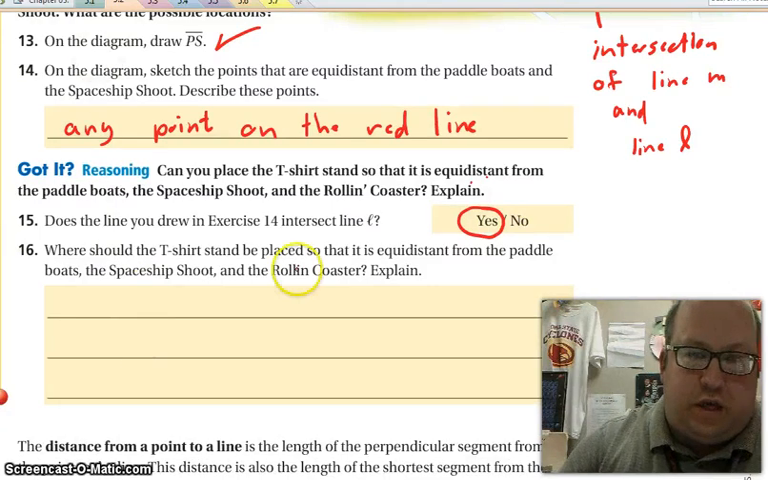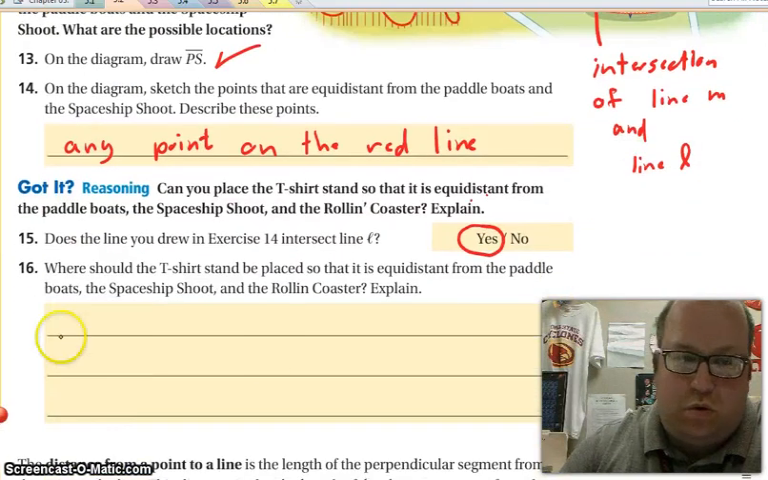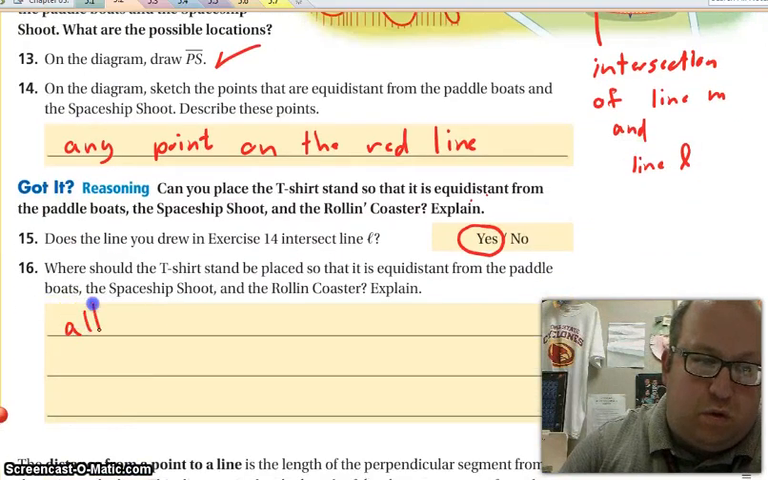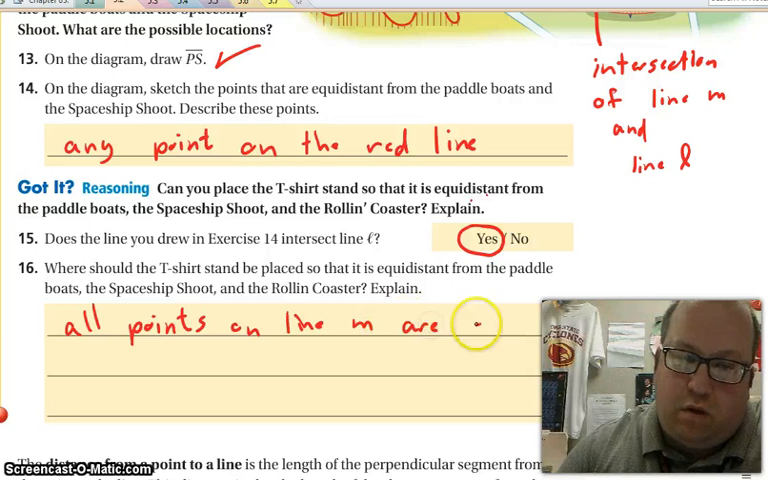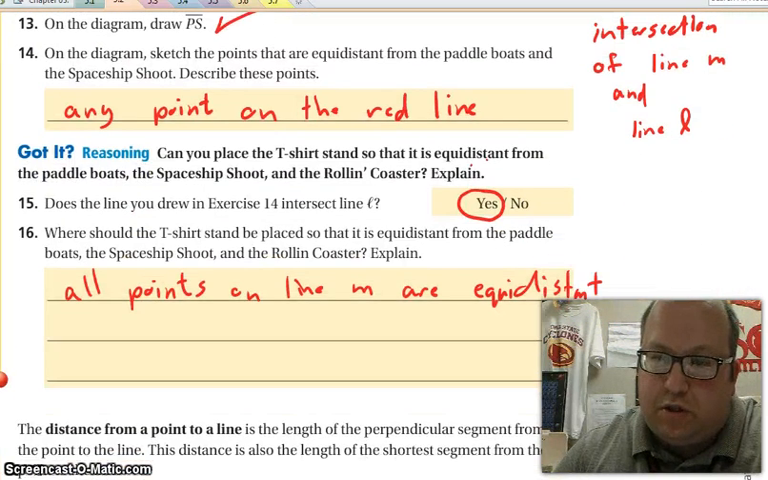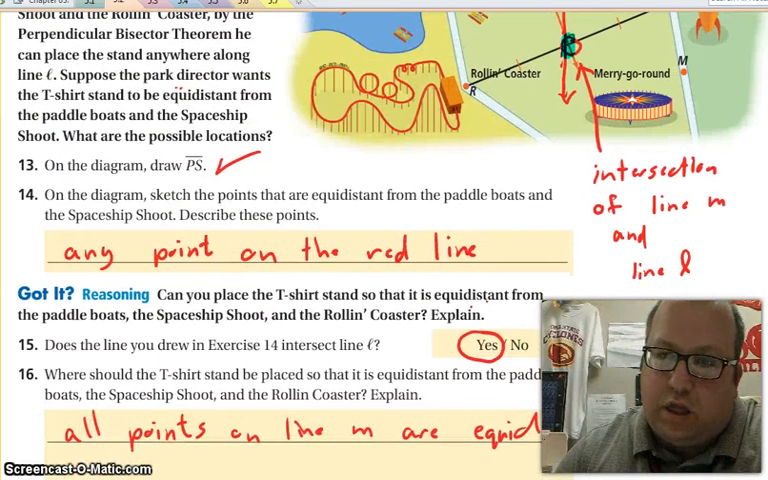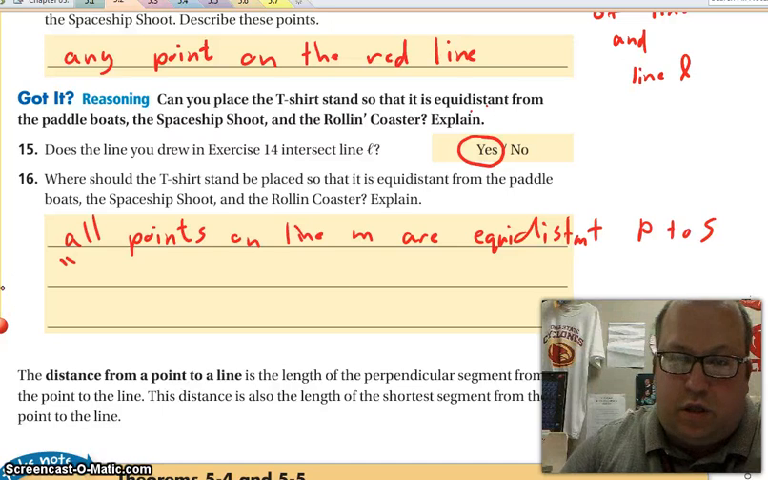And let's see, let's explain that. All points on line M are equidistant from the paddle boats to the chute. All the points on line L are equidistant from R to S. So all the points on line L